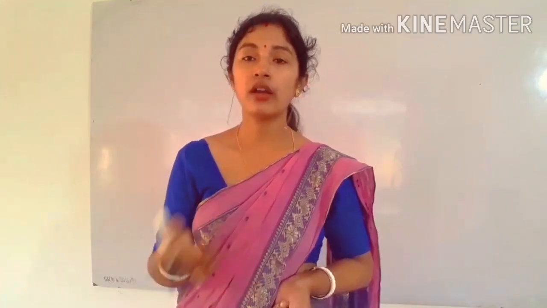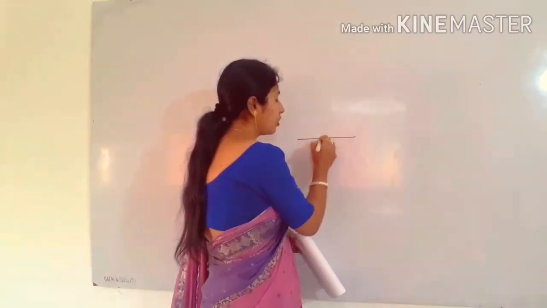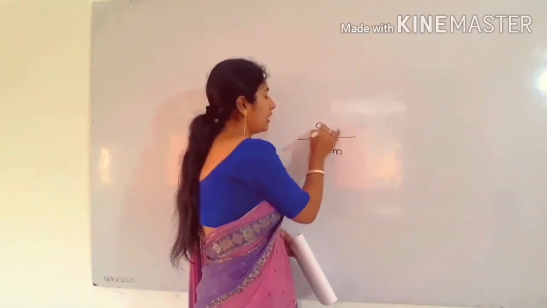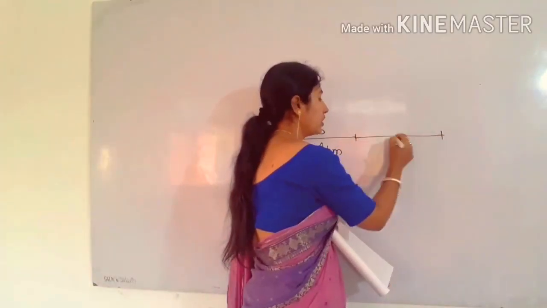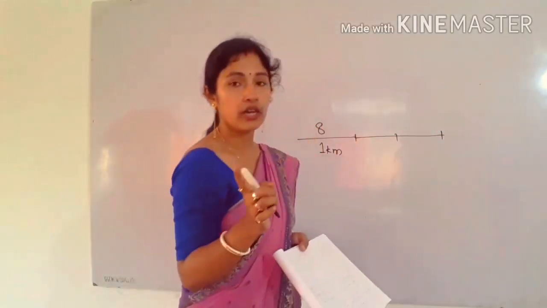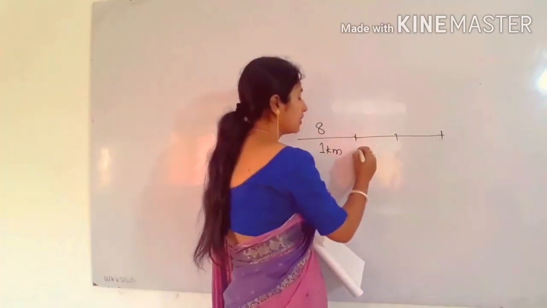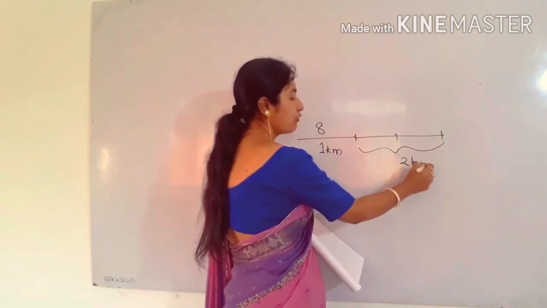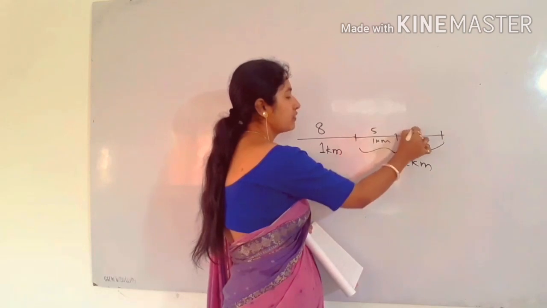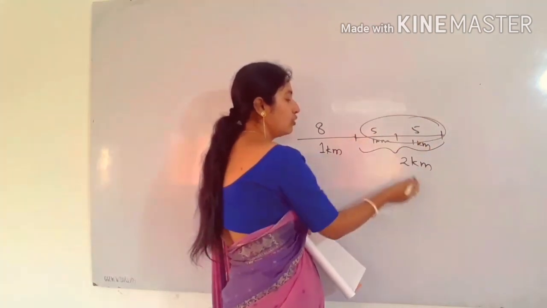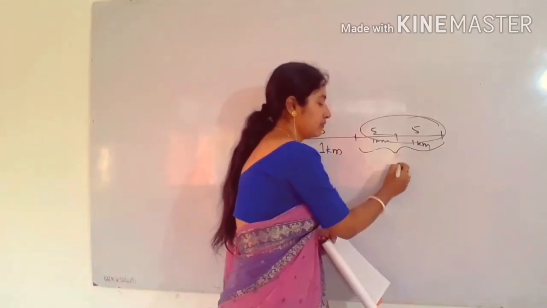So if you are covering 3 kilometer distance, what do we have to do? For the first kilometer, you have to give 8 rupees as a constant value. And for the remaining 2 kilometer, for 1 kilometer this is 5, this is also 5. That means what you have to do? 5 into 2.